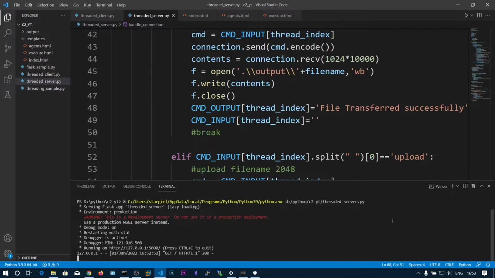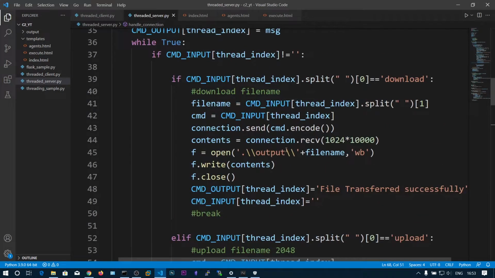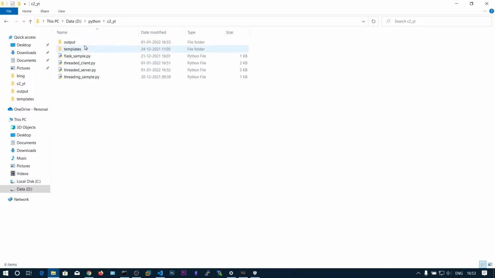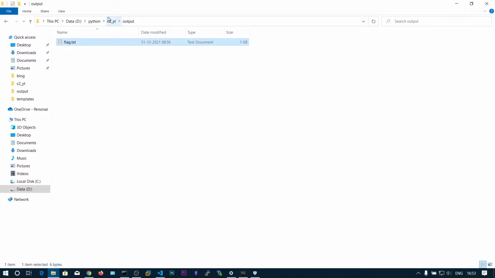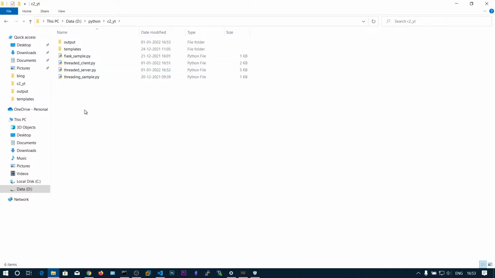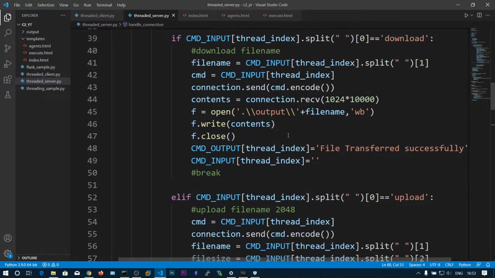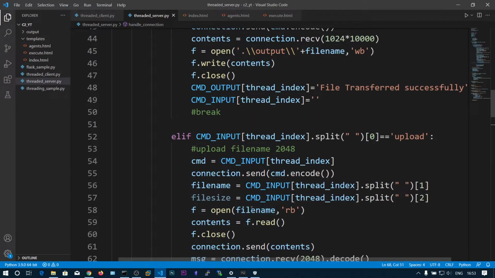Okay, let's stop this one. We are sending the file in the output folder to this main directory. So this should do fine. We are opening the output folder and the file name.